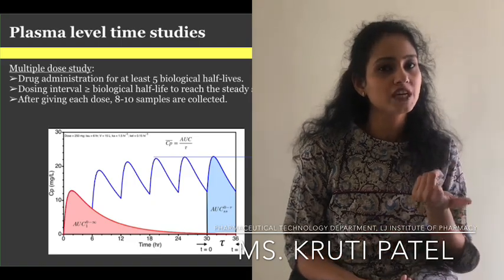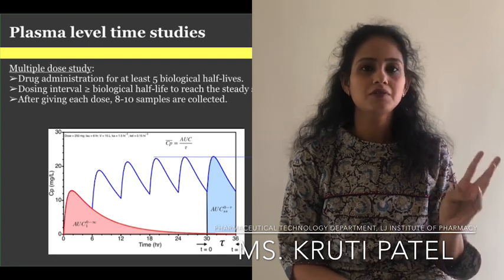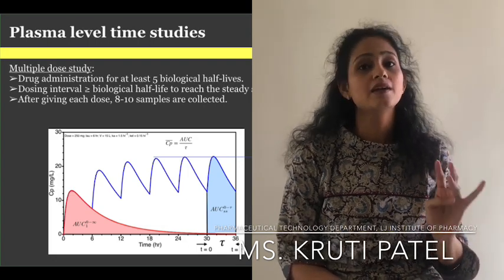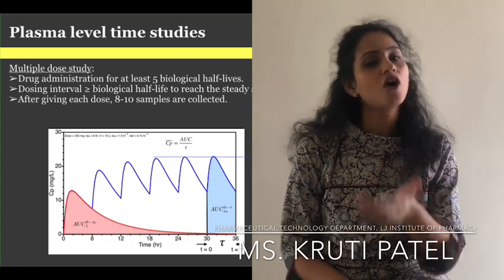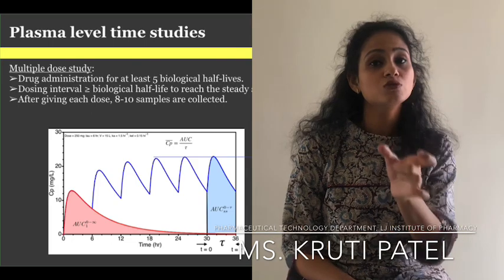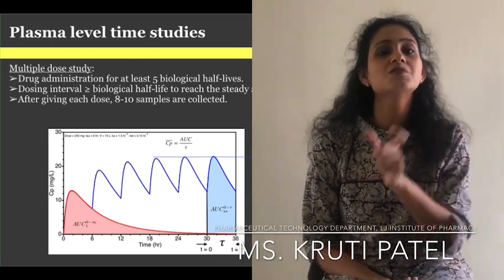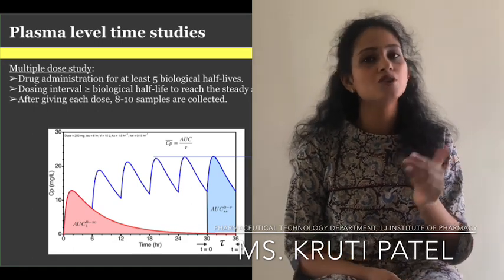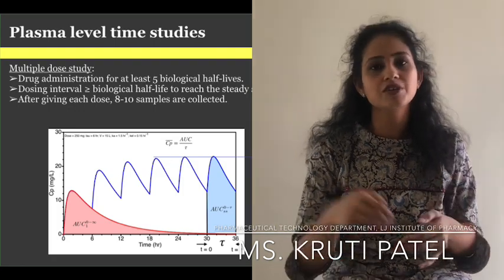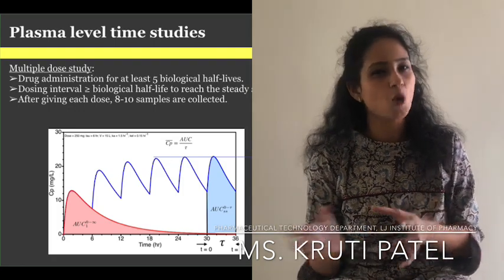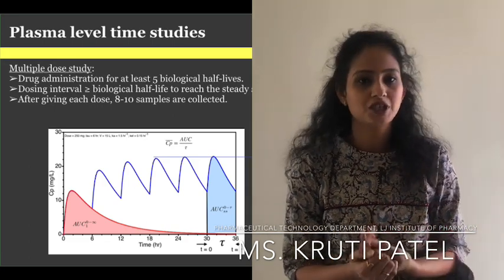Then the next dose of paracetamol which I can administer is after 8 to 9, 9 to 10, 10 to 11, 11 to 12. So I can administer the next dose at 12 o'clock or after 12 o'clock. So the dosing interval should be greater than or equal to the biological half-life. This is what it means. Otherwise, your drug won't reach Cmax, and again you are giving the drug, so it would be very complicated. That's why the dosing interval should always be greater than or equal to the biological half-life.